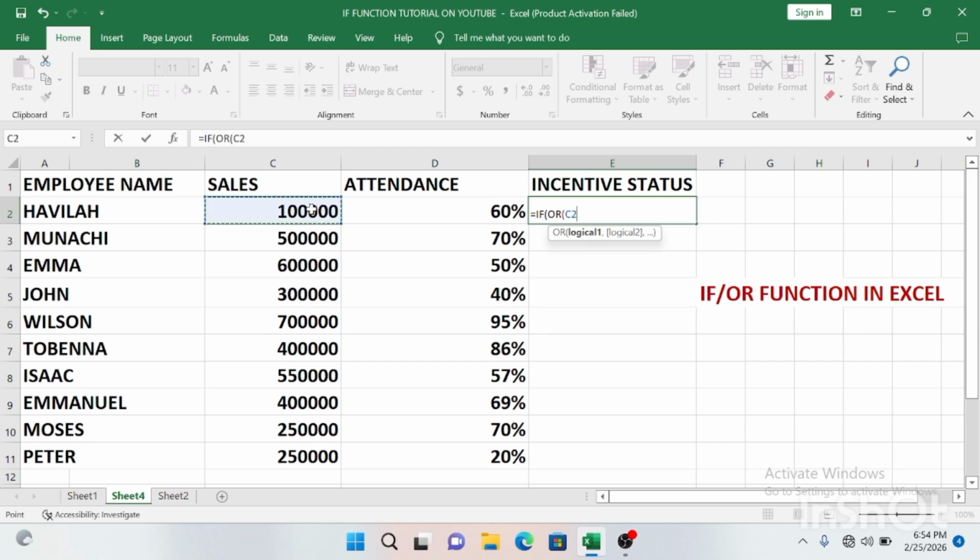Cell C2, if the employee sales is greater than or equals to 500,000, comma, then make reference to the attendance, that is cell D2. You tap on it, if it's greater than or equals to 50%,